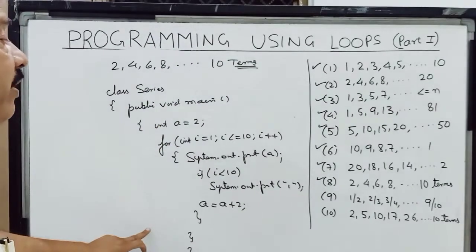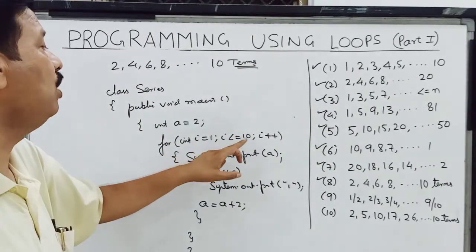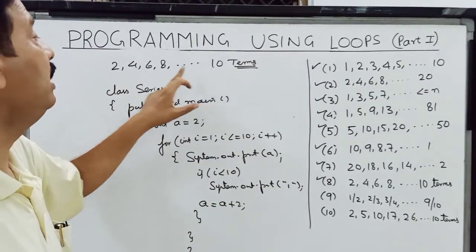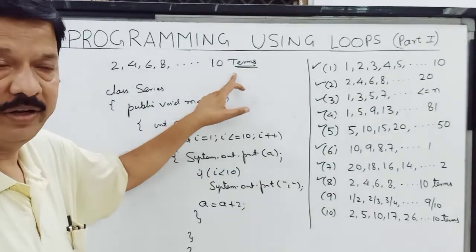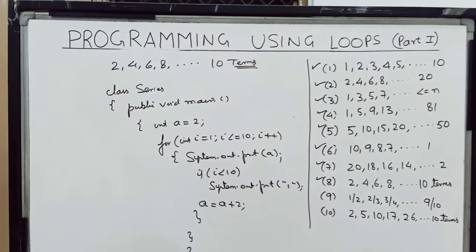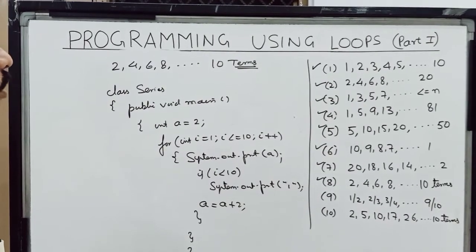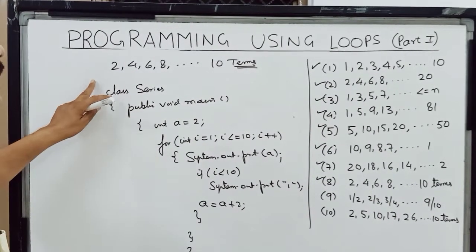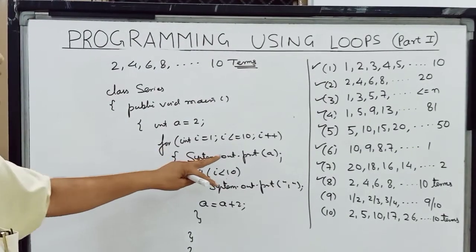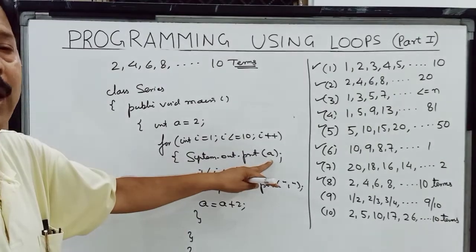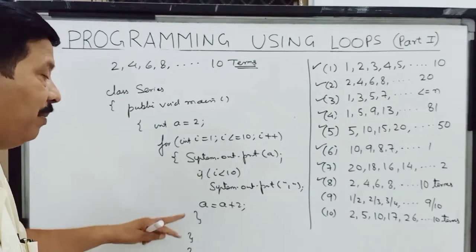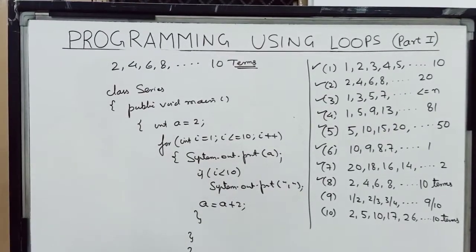So here there is a difference. Most of the children do it like 2 to 10, I plus 2. That is wrong because it is not the values, it is the terms it is talking about. So I hope you have followed this. If it is terms, then you must know about these terms also. And children, these terms we are finding out with a loop. Although I have not printed I as a value, I have printed a as a value and I am increasing it by 2. And I am running my loop 10 times. I hope this is clear to you all.